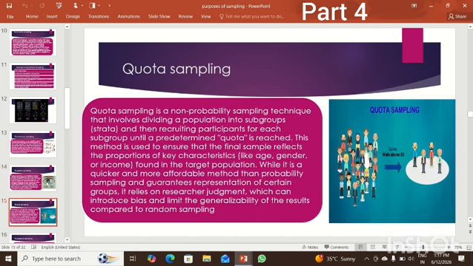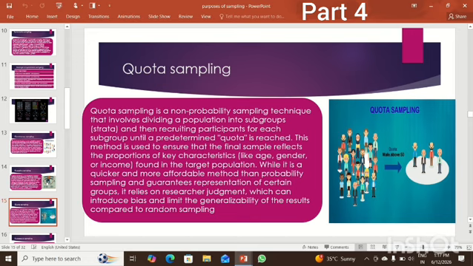Then comes our quota sampling, as shown in the figure below. What is quota sampling? This is our quota. For example, quota: male above 50. We have made a standard quota of male above 50. So we will not consider males below 50. We will consider the males above 50, that is 60, 70, 80, 90, 100.